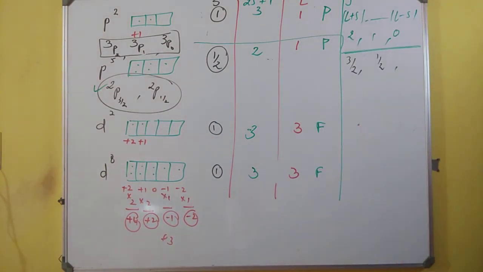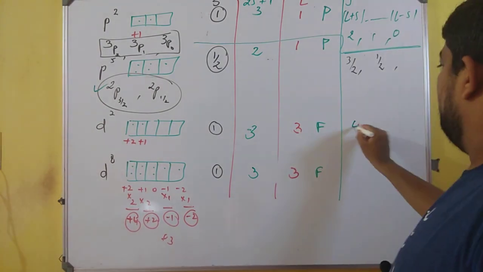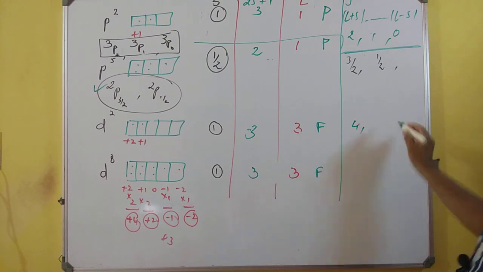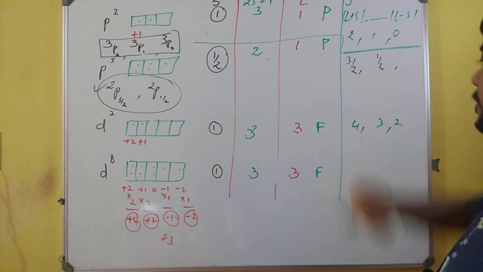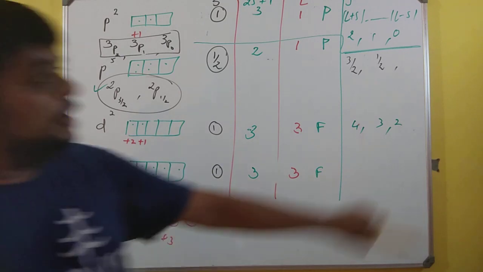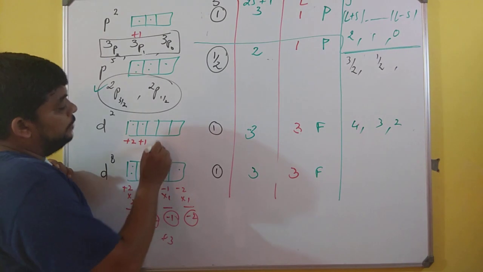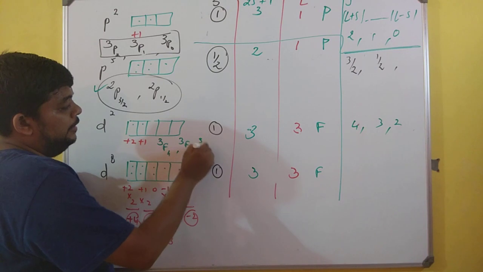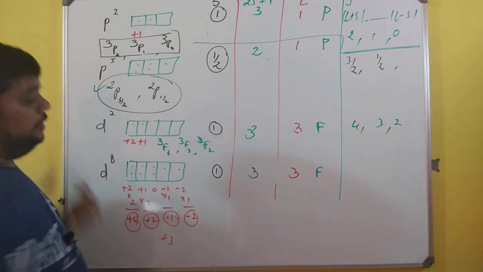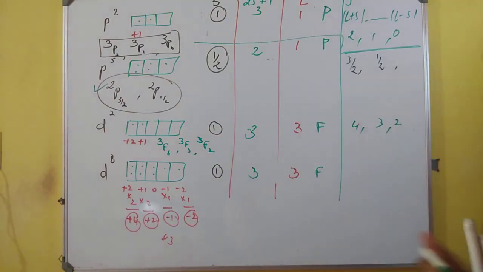Now going for the d2 configuration, over here it will be L plus S, I'll end up with 4, L minus S, I'll end up with 2. So it is generally 4, 3 and 2. And as it is less than half filled, the possible ground state corresponding value of J has to be 2. But as of now, we are interested in all three values. So I'll just write 3F4, 3F3, 3F2. This is how we work. 3F4, 3F3 and 3F2. So friends, keep these things very clear in your mind.